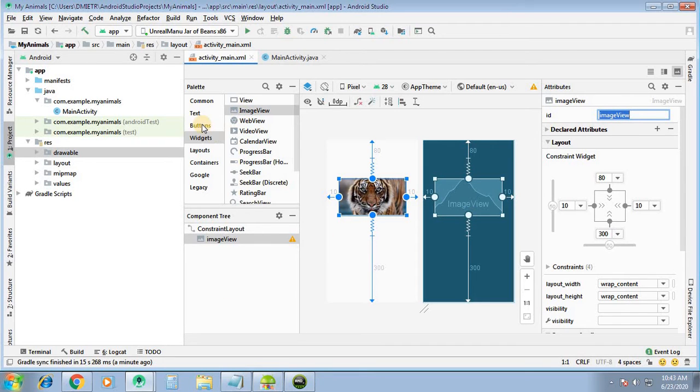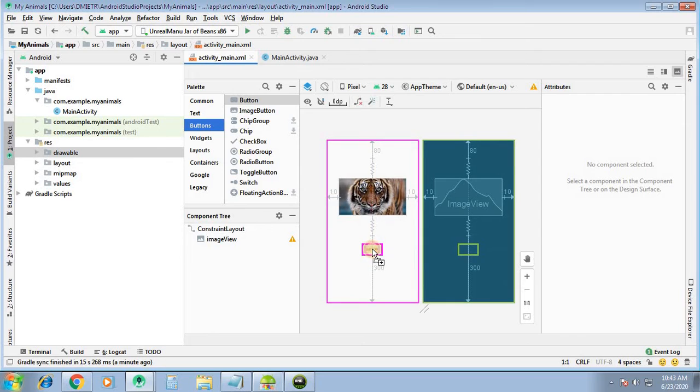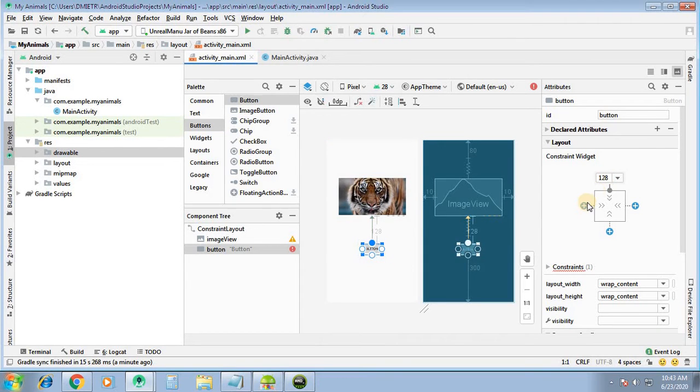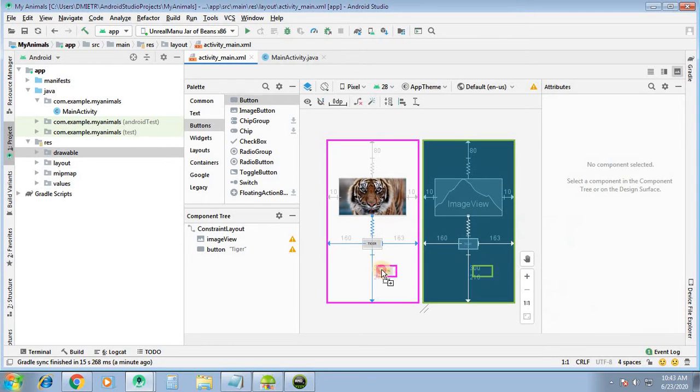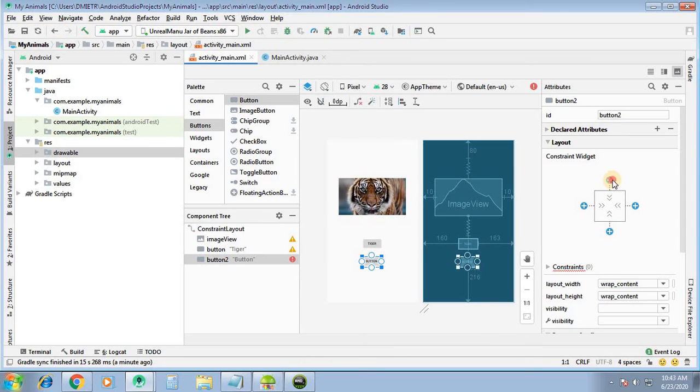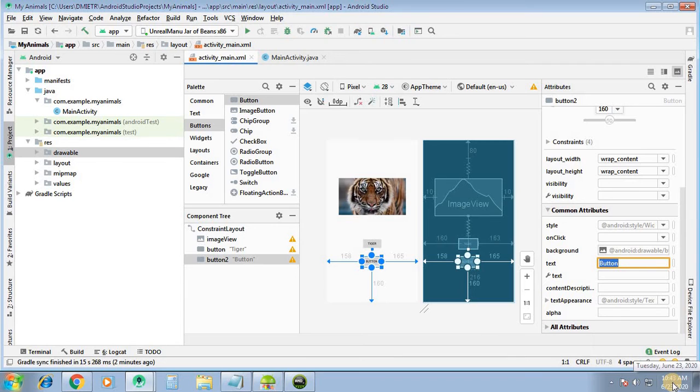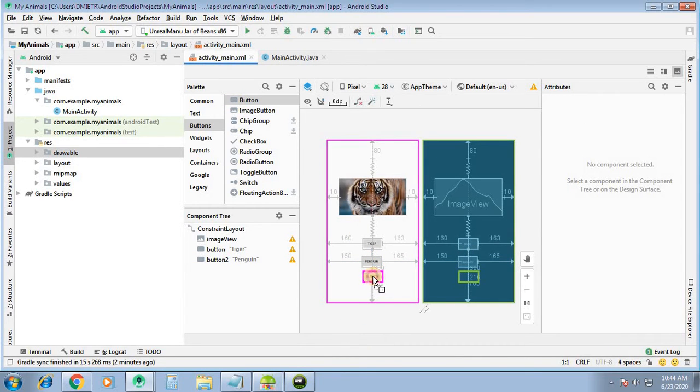Now I am adding the three buttons below this one: tiger, then the next button penguin, and the third one for jellyfish.